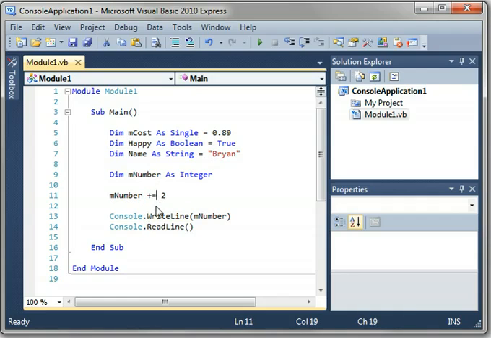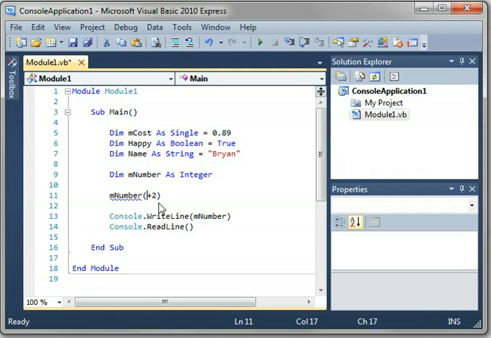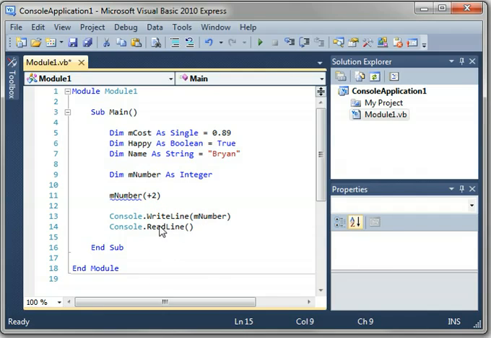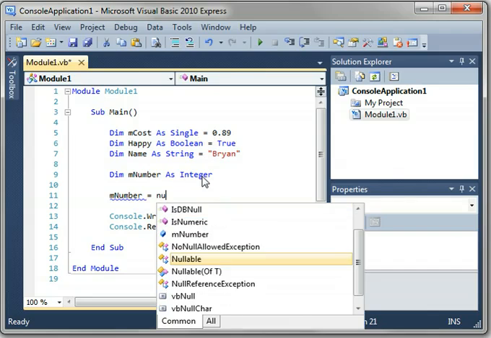Now if you just say number plus 2, it barks at you. Expression is not a method because it's nothing. You can say number equal number